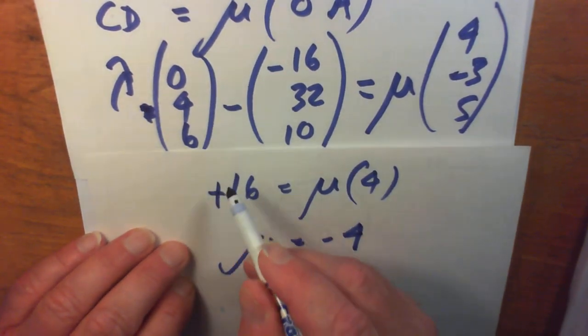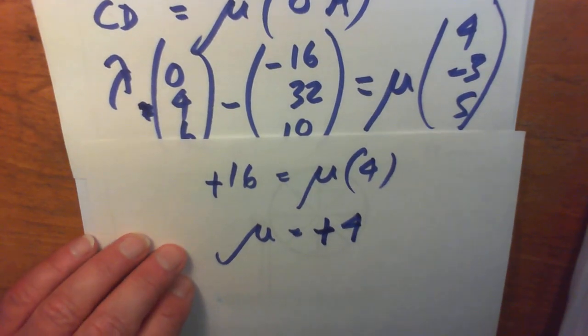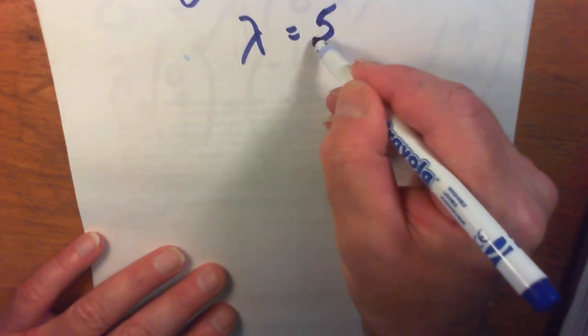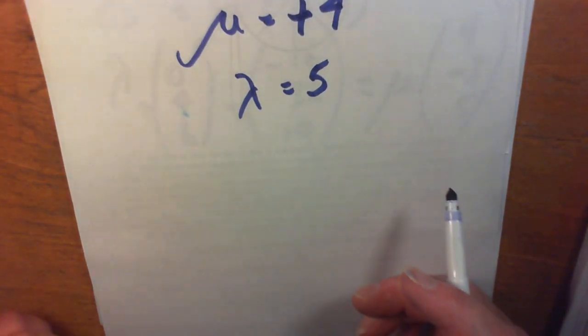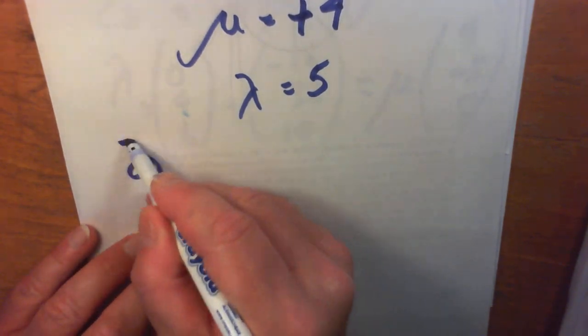Sorry, yeah, it's minus 16, isn't it? So it's actually mu equals plus 4. And lambda, as it turns out, is 5. I'll leave that to you yourself if you want to work it out. So therefore OD, sticking it back into the original